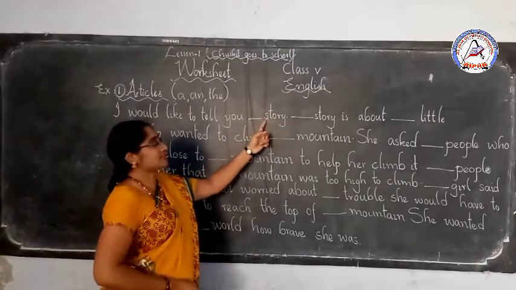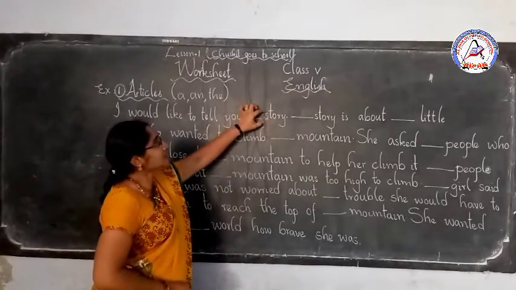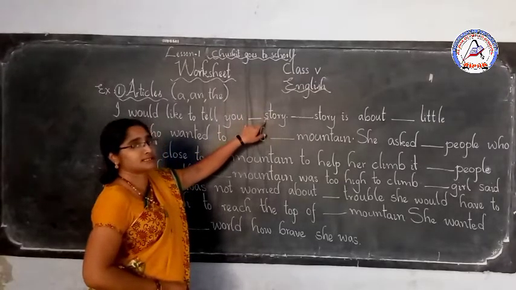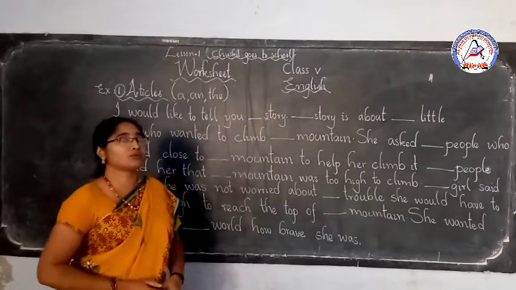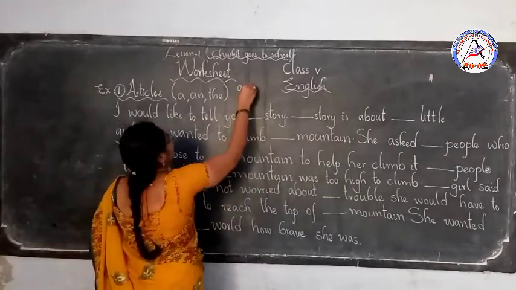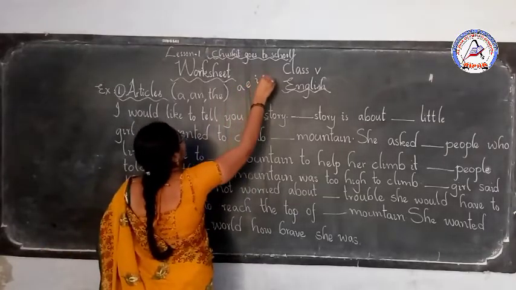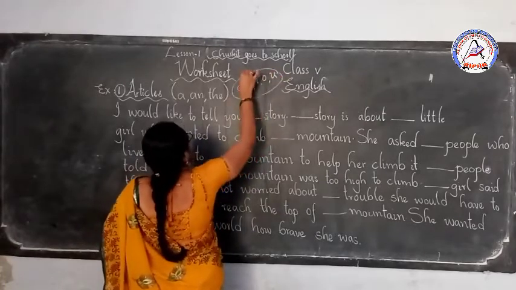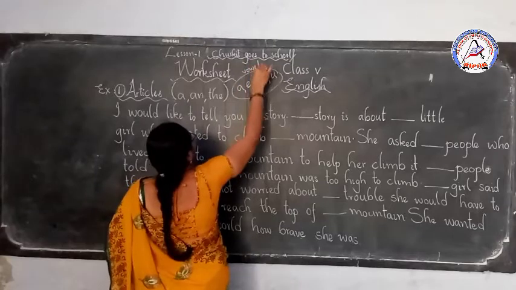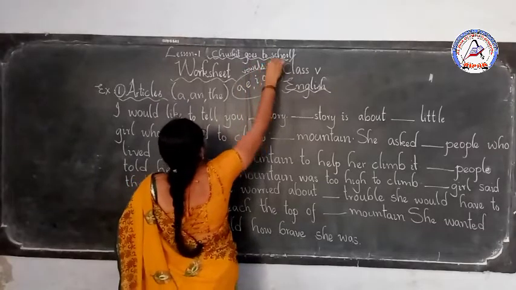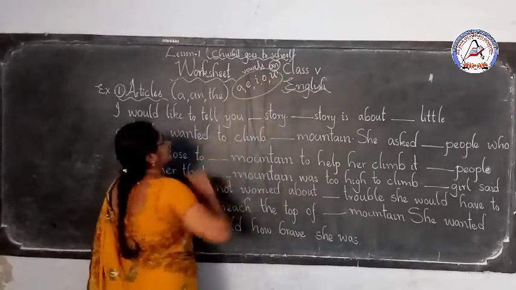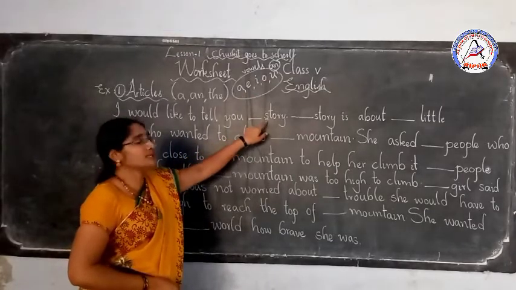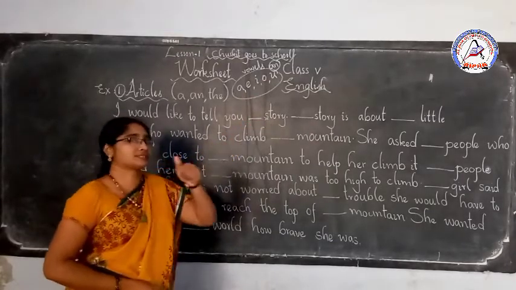Story's first letter is S. Now check whether it is vowel or consonant. What is it? Yes, it is consonant. Do you remember what the vowels are? A, E, I, O, U. These are vowel letters. We will use an with these, and the rest of the letters are consonants, which take a. Now, is this a vowel letter? No. So what is this? This is a consonant. So the first thing is to check vowel or consonant.